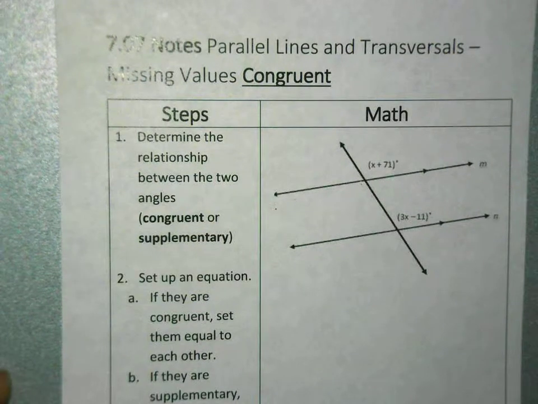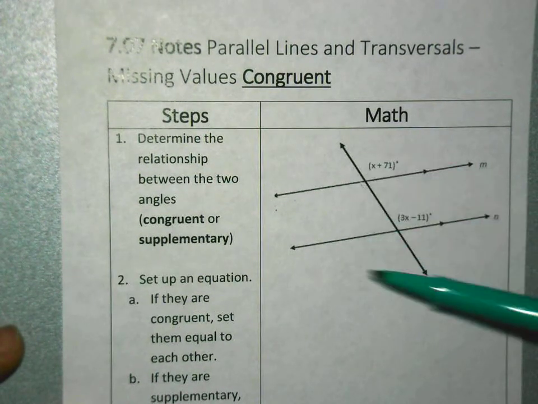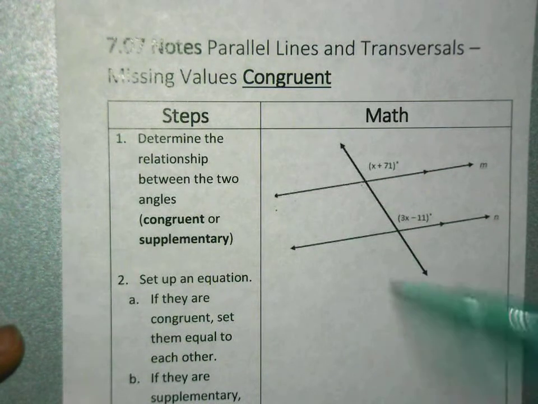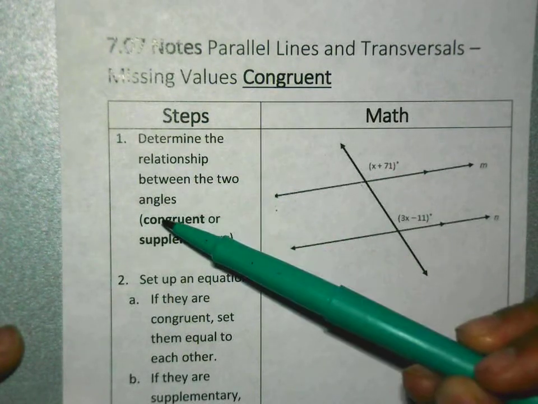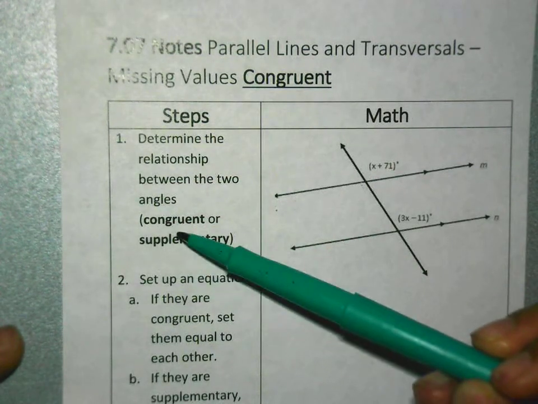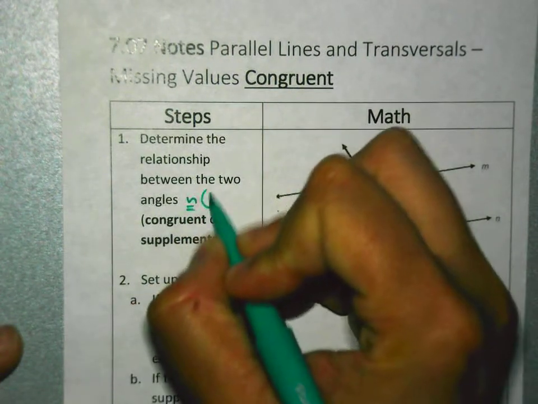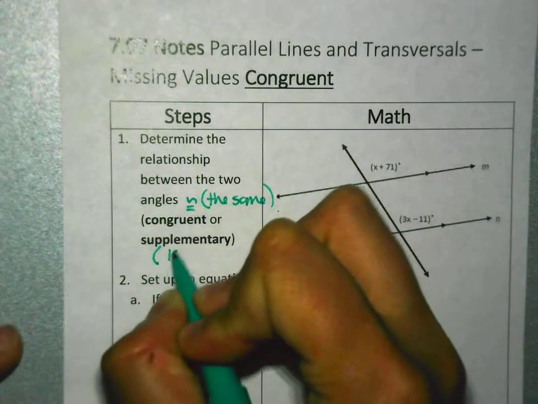In our notes today, we are going to be solving parallel lines cut by a transversal using our knowledge of the types of angles that parallel lines and transversals create. Step 1 says determine the relationship between the two angles, and they are either going to be congruent, which means the same,